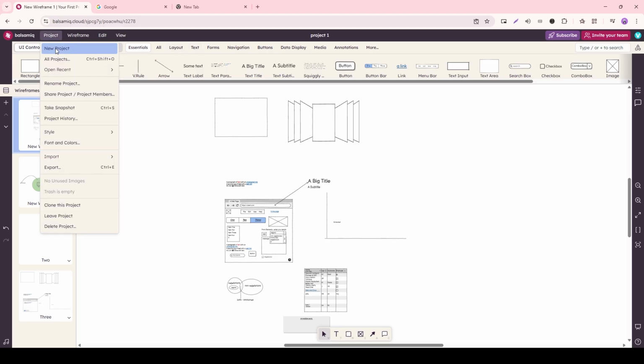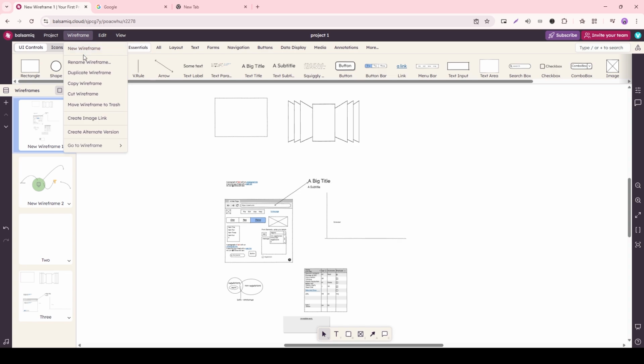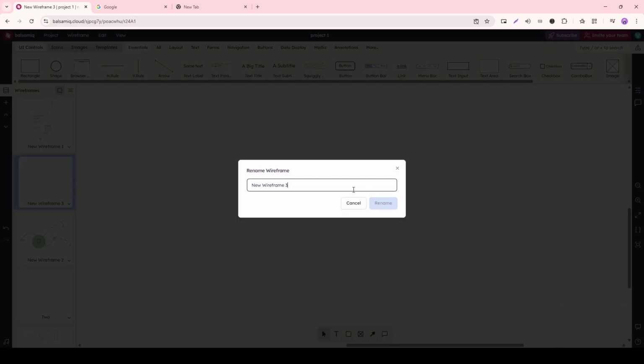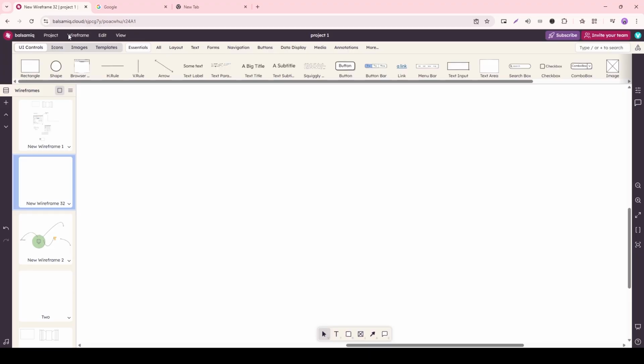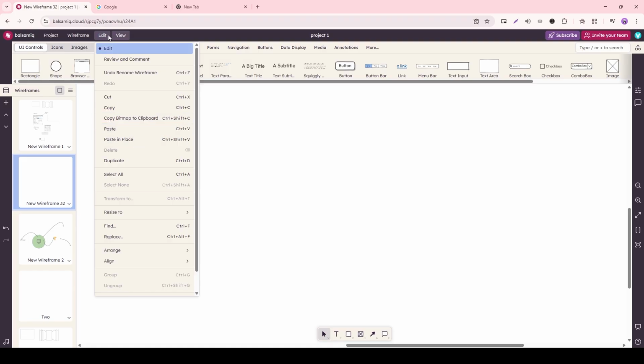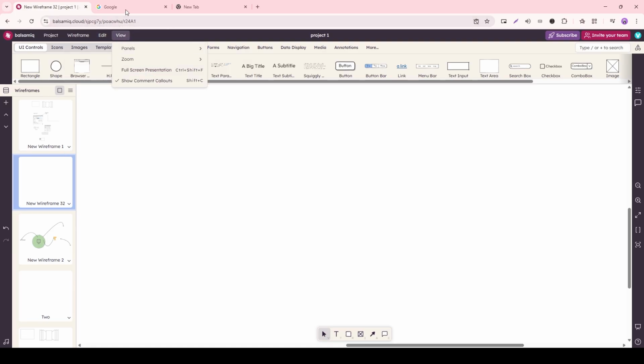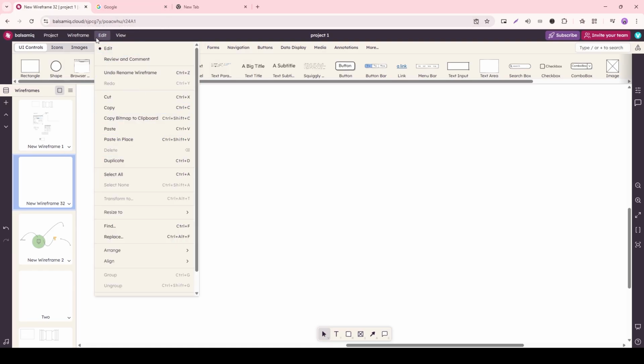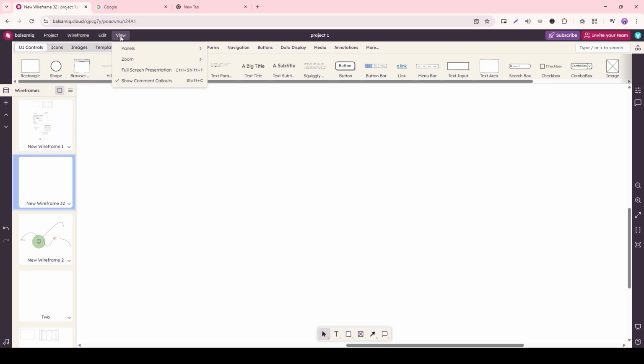This is the project button. You can create a new project, go to all projects, or open a recent project, create a new wireframe, rename a wireframe. Let's just change this wireframe's name to New Wireframe 32 instead of 3. How original of me. And just copy and paste these wireframes on your own. You can use the edit option to again do copy-pastes and a bunch of really small, specific actions. You can use the view window to view or hide all of